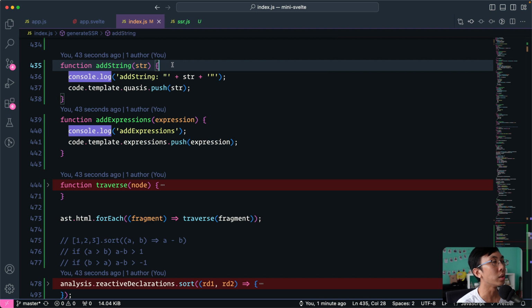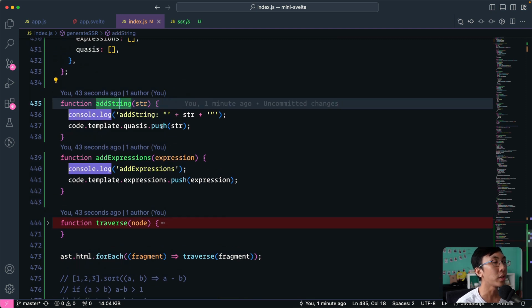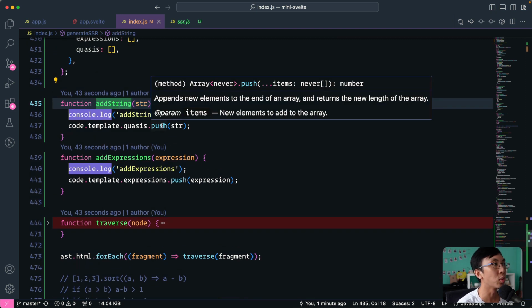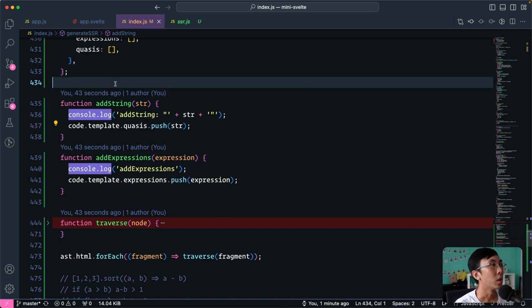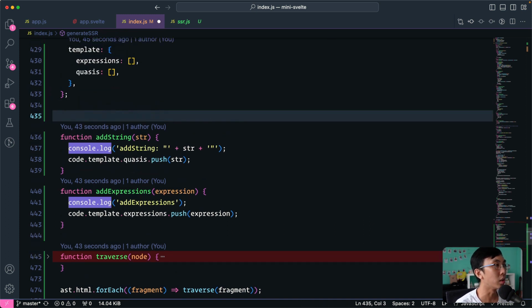Here, what we need to do in our add string and add expression is that whenever we add a string, we just accumulate the string. We don't push into quasi first, until we meet an expression. Then we know that all the strings we accumulated so far should go into the quasi array, because you have one quasi, and then we have one expression, right? So what we need to do here is that we're going to collect them, right? The string,